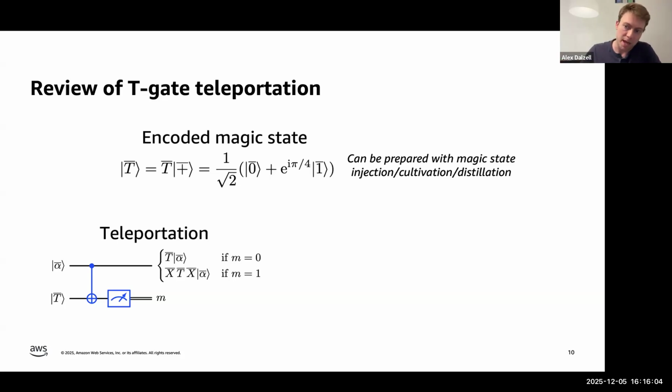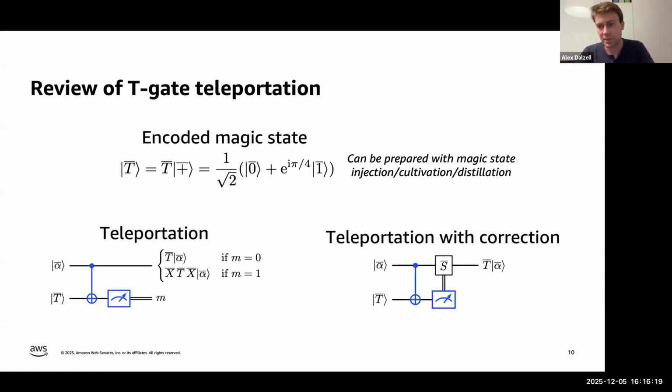And if the measurement outcome M is equal to 1, then you've applied a different gate onto the first register, and you require a corrective operation in order to successfully apply the T gate. In particular, it can be shown that the required correction is the phase gate, the S gate, which crucially is a Clifford gate. And so the full teleportation circuit with the correction looks like the one shown there.